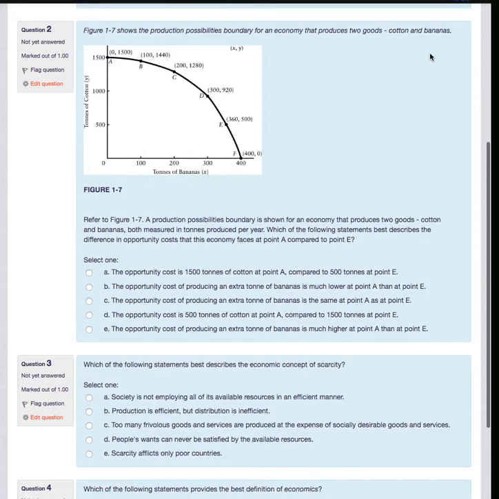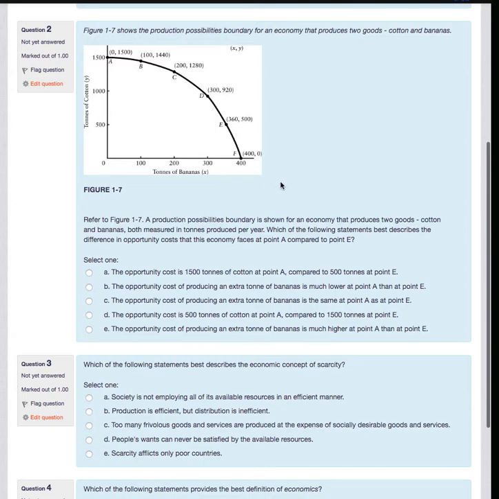figure 1.7 shows a production possibilities boundary for an economy that produces 2 goods, cotton and bananas. Refer to figure 1.7. Production possibilities boundary is shown for an economy that produces 2 goods, cotton and bananas, both measured in tons produced per year. Which of the following statements best describes the difference in opportunity costs that this economy faces at point A compared to point E? So one thing that was looked at through the videos and the notes of opportunity costs